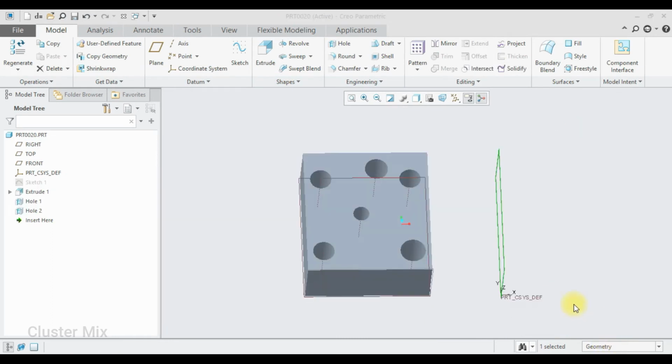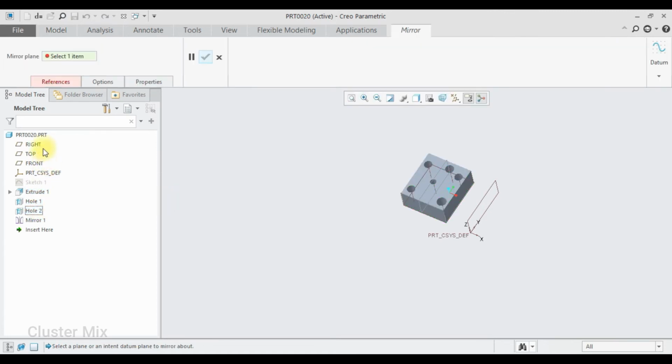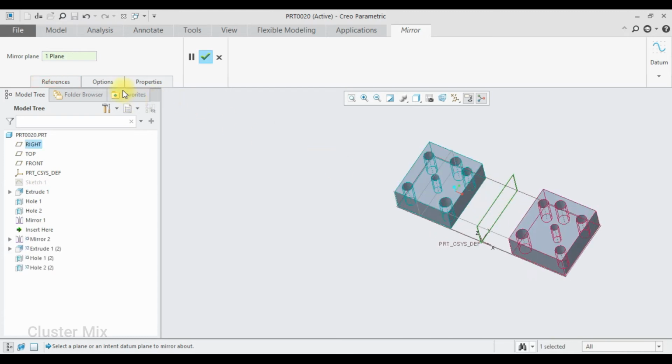In the next example, I'm going to mirror this hole. Click on the mirror command, select this plane here and give a check mark. In my options tab, I have an option called dependent copy, which is dependent on the original geometry which I have drawn. If I uncheck this and give a check mark to it,